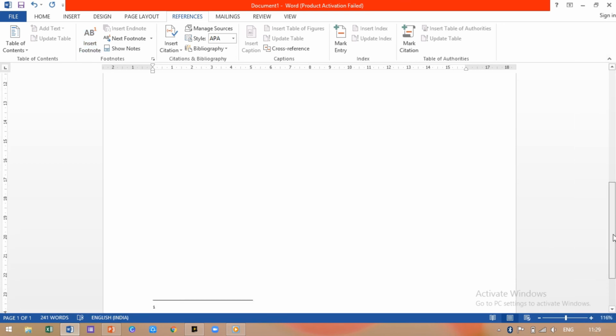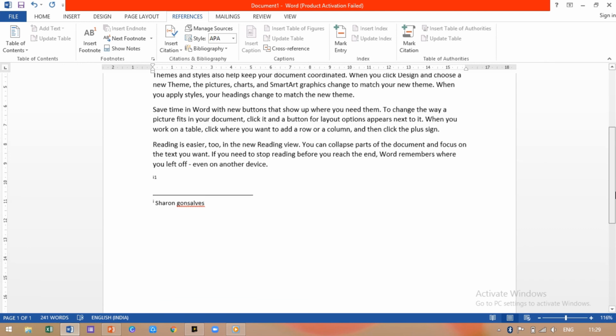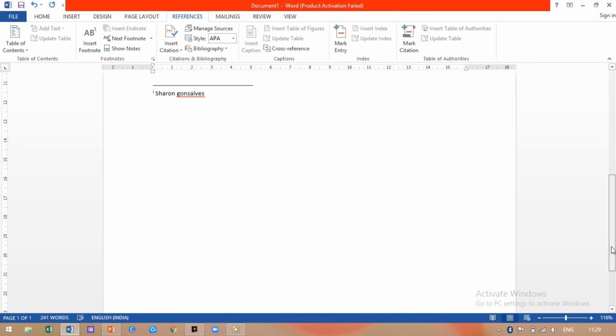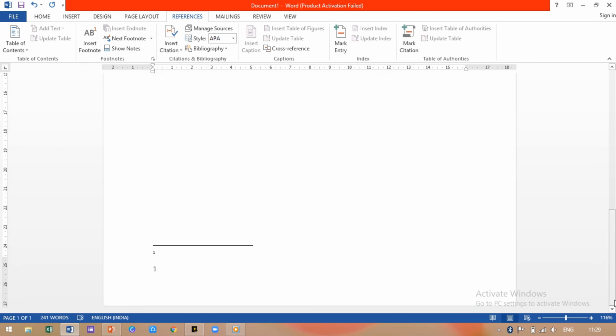See, the endnote was at the bottom of the paragraph where my paragraph ends, and the footnote at the end of the page where my page number is written. So here you can type your name. So this is how we can insert the endnote or the footnote in your Word document.